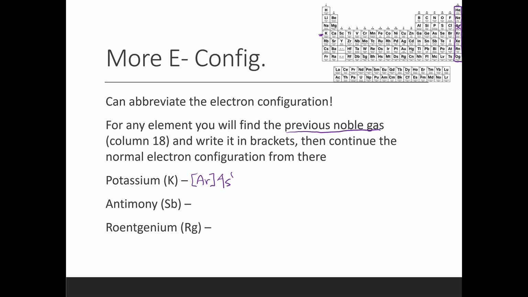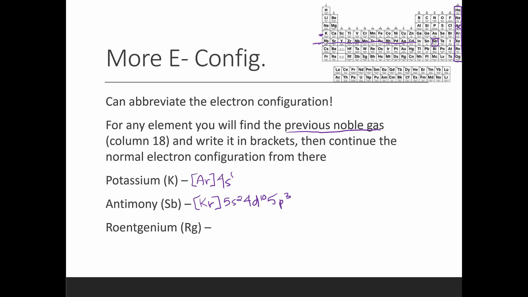Now, to do antimony, antimony is over here, so it's in the 5th energy level, so we're going to go back to the noble gas from the previous energy level, so that's krypton, and we write Kr in brackets, and then we continue the electron configuration from that point. So starting here in that 5th energy level would be 5s2, okay, then we go to 4d10, because we're traveling across the periodic table here, so 4d10,